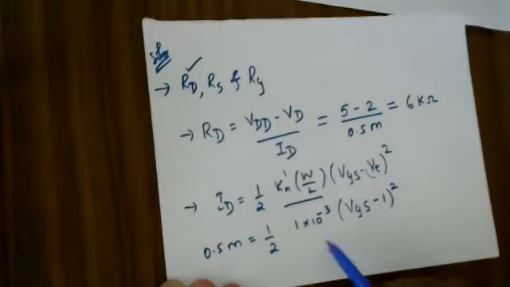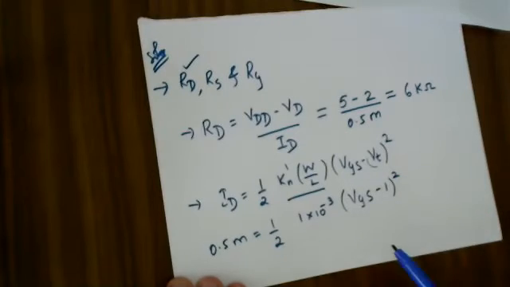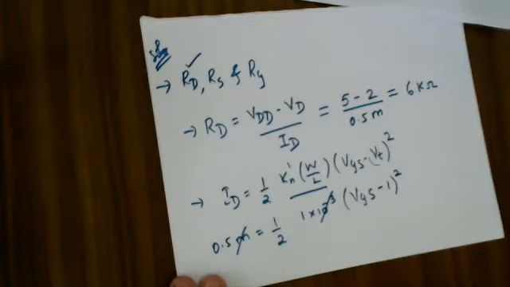What is unknown in this equation? VGS is unknown. So I can easily compute the value of VGS, right? So solve this. The milli on either side gets cancelled. What is left out? This 2, when multiplied by 0.5, gives 1. So 1 is equal to (VGS minus 1) the whole square.